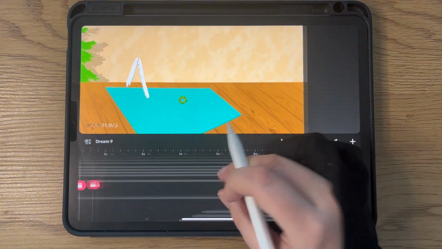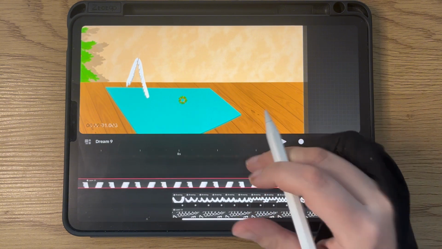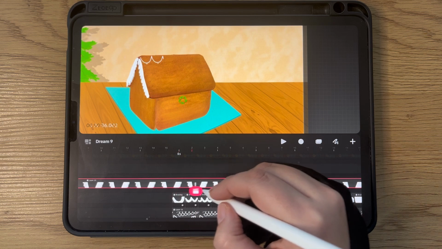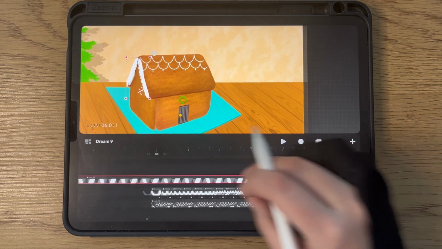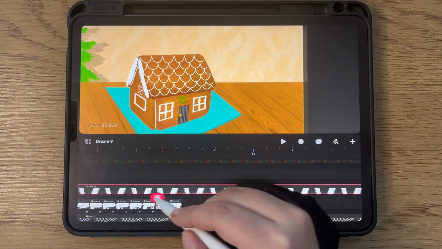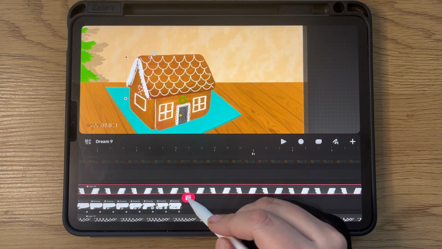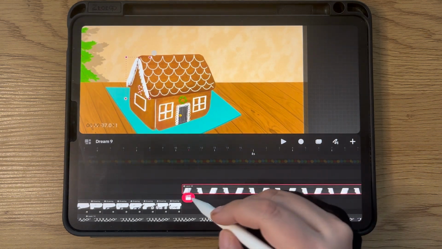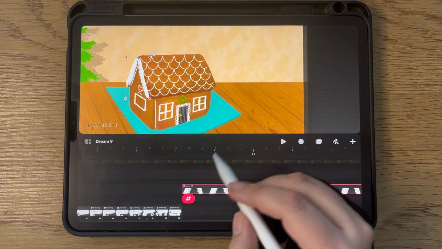I will just place it from the left, right after this roof is finished. So right after all this coloring is finished, I will bring it. So I will split here, delete this content, move, scale,